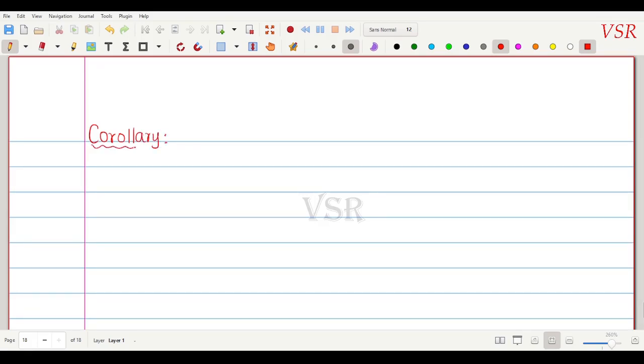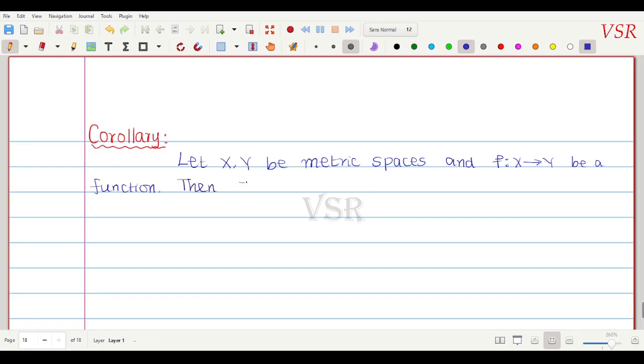The statement is: let X, Y be metric spaces, and f is a function from X to Y. Then f is continuous on X if and only if